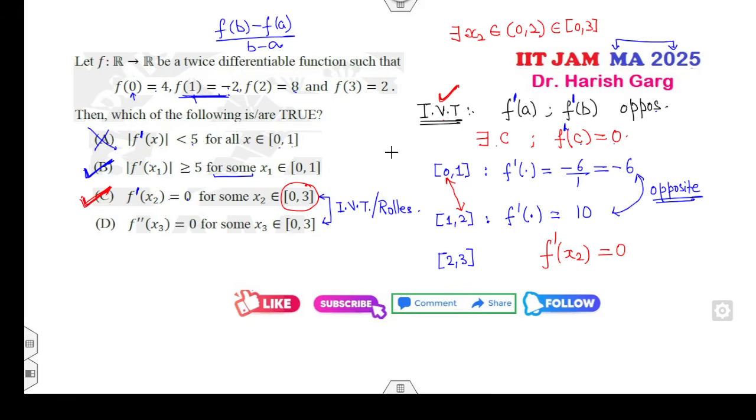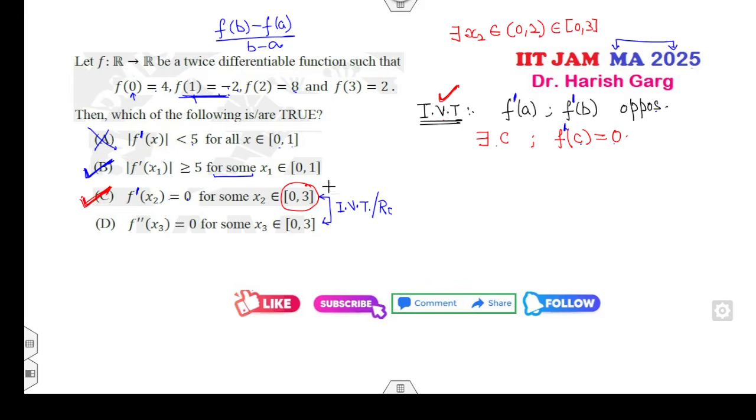Look at the next one. It's a f double dash. Fine. So now your target is to find the f double dash to be 0. f double dash 0 के लिए क्या करना होगा, you have to find either f double dash are of opposite sign, fine, or you have to prove that f dash at the point a, f dash अगर opposite नहीं है, if you prove that both are equal, then by the Rolle's theorem there exists some c such that,